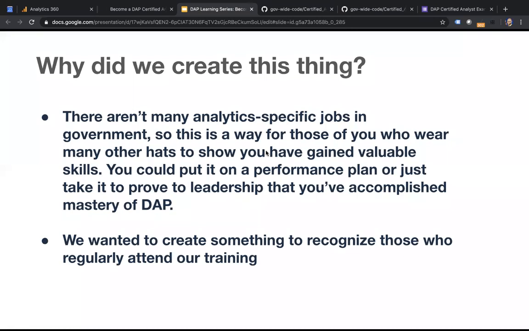We wanted to create something to recognize those of you who regularly attend our training. Over the almost 5 years that I've been the program manager of this program, we've really tried to offer a wide variety of training topics. And as you know, we usually do them monthly through most of the year.